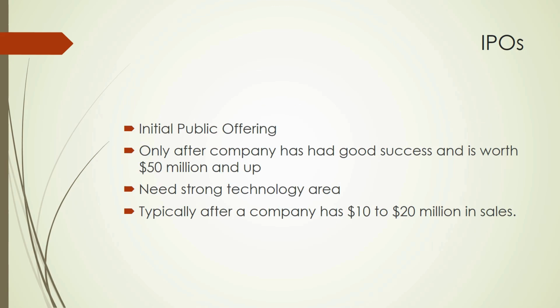And the last way to raise money, which comes way later than most inventors are, is an initial public offering. This is where you actually register your stock with one of the exchanges, usually an OTC exchange, and you put out an IPO and raise money. With this way, most companies are raising anywhere from 5 to 10 million up. There's a lot of regulations for doing this. There's a lot of reporting requirements to the SEC. So usually this is something an inventor company might do maybe 3 to 4 years after, if they're really successful. Otherwise, it's really not worthwhile to pursue IPOs.